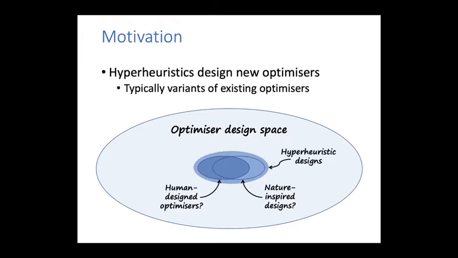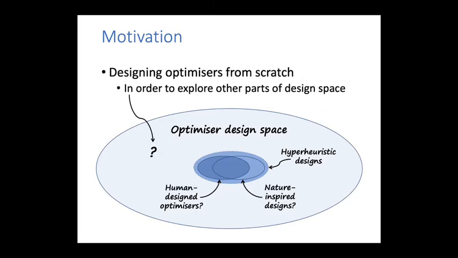On the other hand, I think work that's been done in hyperheuristics using evolutionary algorithms to design optimizers is very interesting. Typically, this uses things like GP to redesign bits of the optimizer, particularly to specialize existing optimizers to particular problem instances. But this tends to result in optimizers which are quite similar to existing ones because that's kind of the procedure. But there's no reason why things like GP couldn't be applied to exploring this design space more generally by attempting to design optimizers from scratch. And this is pretty much what I'm trying to do in this work.